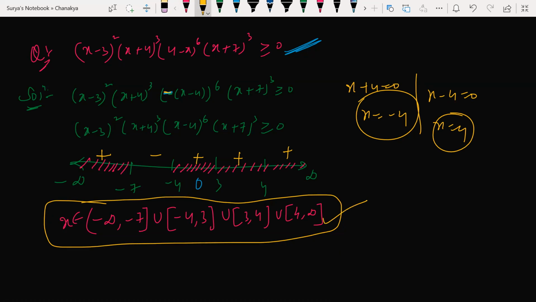How many of you did the same? I changed the inequality, that's why my answer is this. Sir, I forgot to change the minus symbol to plus, so my whole sum went wrong. I got it correct, but I forgot to put the brackets. No problem. Now have you realized this? Yes, sir.